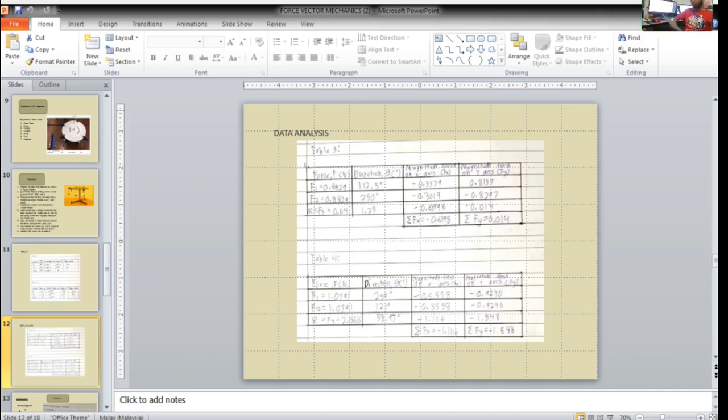For the force F2, it is 1.0791. The direction is 121. The force on the x-axis is negative 0.5558, while the force on the y-axis is negative 0.9240. For the resultant R3, it is